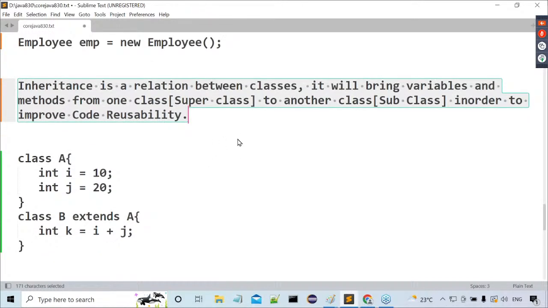So what is the advantage of this inheritance? Code reusability. What is the meaning of code reusability? Declare code in the superclass, reuse that code in subclasses. Declare code in a superclass, reuse that code in the subclass. For example, if your parents are having 1 crore rupees,